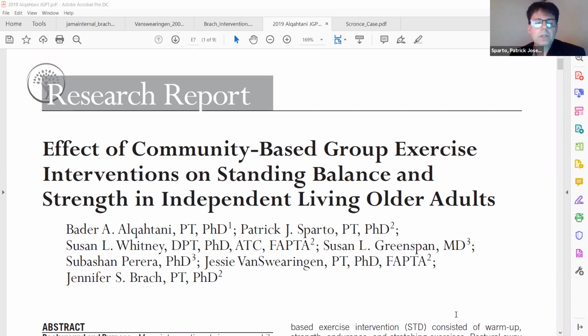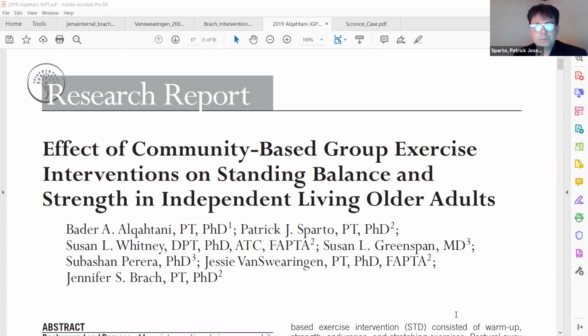All right. So again, the title is Effective Community-Based Group Exercise Interventions on Standing Balance and Strength in Independent Living Older Adults. And this work was funded, I should also mention, by PCORI, the Patient-Centered Outcomes Research Institute. And they funded this study